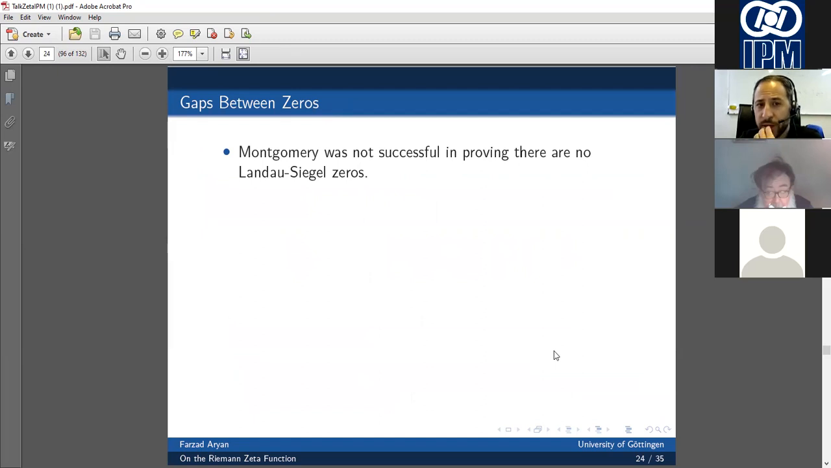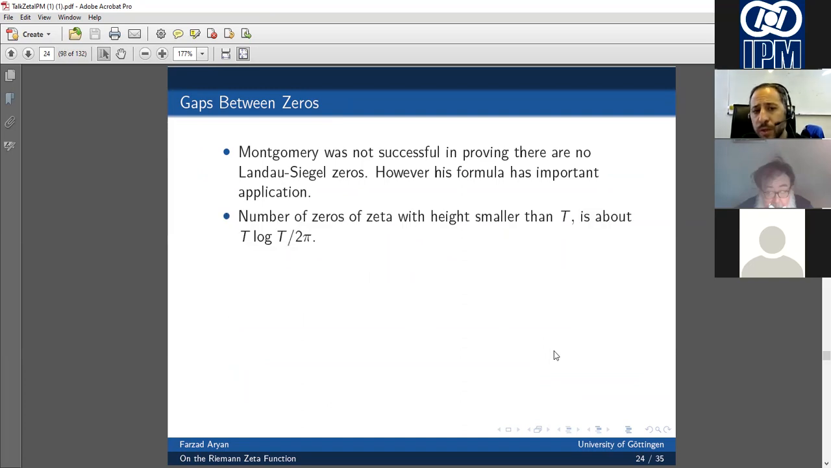So yeah, let me say what happened to Montgomery. Let me finish Montgomery's story. Montgomery was working on the pair correlation, motivated by proving that there are no Landau-Siegel zeros. But the formula is not strong enough to disprove it. What he does is, if you assume